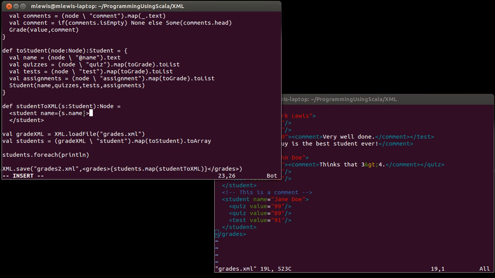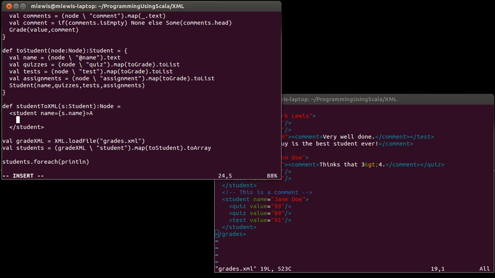And then inside of here it jumps back into Scala mode. Inside of each one of these students, so we set the name, we also need to put in code that will write out all of the different grades that we have. So